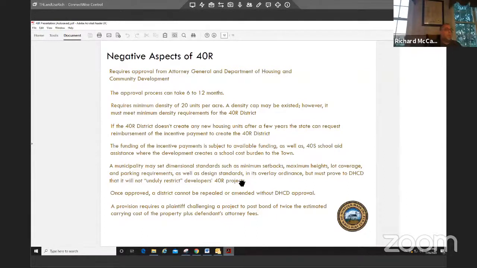So they do have that there, but they haven't pulled that trigger on anybody as of yet. But just to make everybody aware of it. Same thing to be said for the incentive payments. They're subject to, like most things that come from the state, to appropriation. But